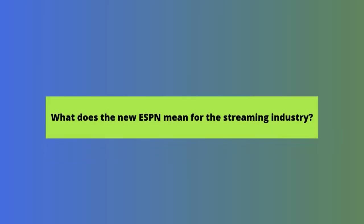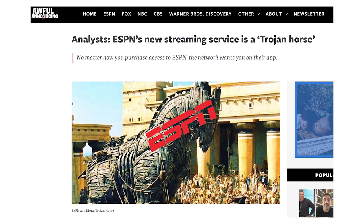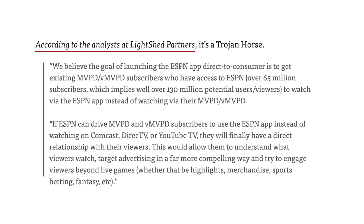Here's something that really stood out in the reporting, especially from Awful Announcing and Lightshed Partners. They say this isn't just about offering ESPN as a standalone service, it's about getting direct access to the viewer. Right now, if you watch ESPN through cable or YouTube TV, they own the customer relationship. But within the new ESPN app, Disney gets to know who you are, what you watch, and how to market to you. Lightshed Partners put it this way,